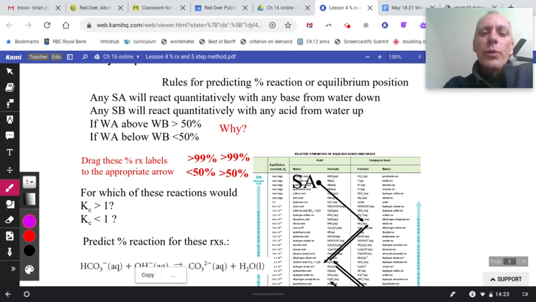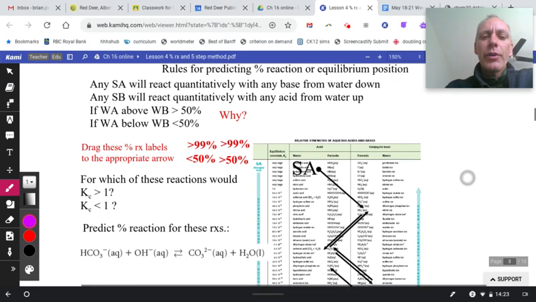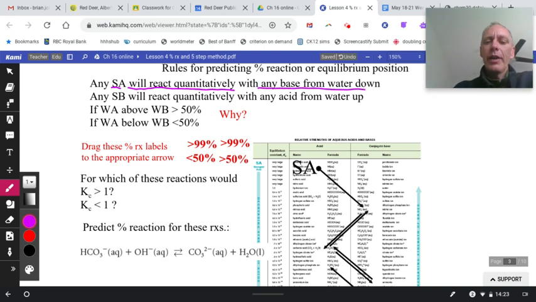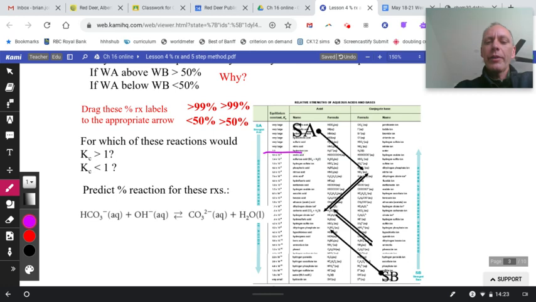Okay, rules for predicting the percent reaction for acid-base reactions. The rules are pretty simple. Any strong acid will react quantitatively, so we say greater than 99%, with any base. It doesn't matter. So if we're looking at our table of relative strengths and we have our big 6 strong acids, they will react with any base